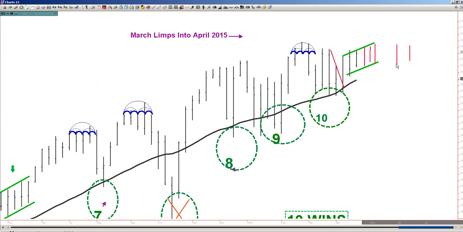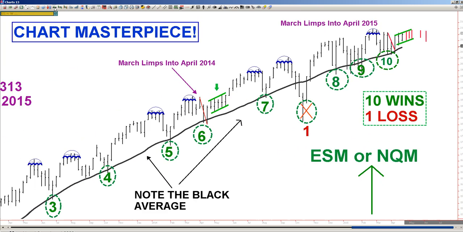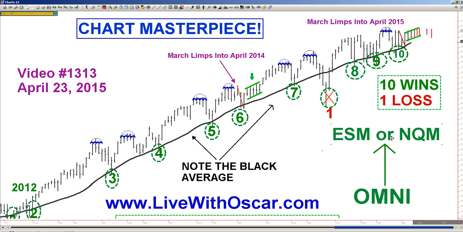We put this fictitious flag in. We said this is what we expect. These are the size bars we expect as we move higher this week. And I put these bars in, the red ones. So now it's actually starting to populate. And as we remove the red bars, look at the amazing coverage, I mean, it's almost exactly what I was expecting. How cool is that? Now we should stay in this F flag and continue higher. So we are bullish for trading the daily E-mini S&P and NASDAQ on Thursday, April 23rd.